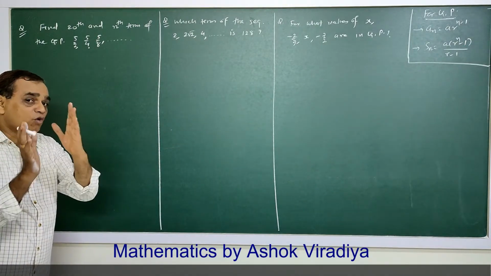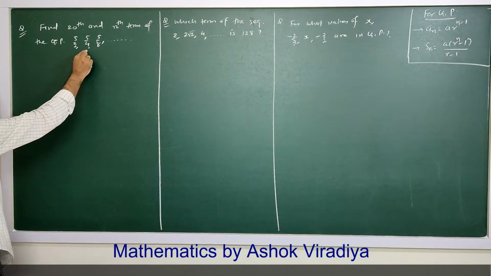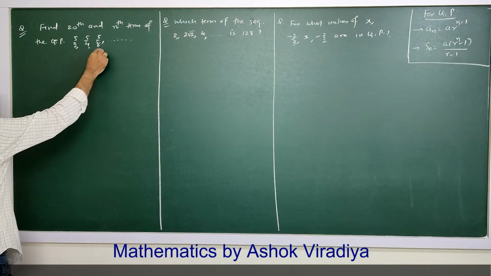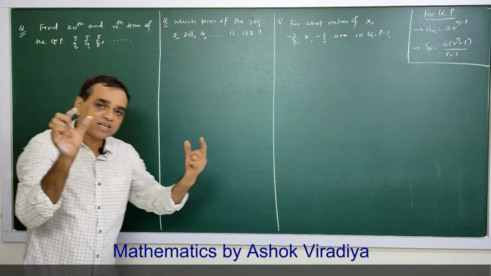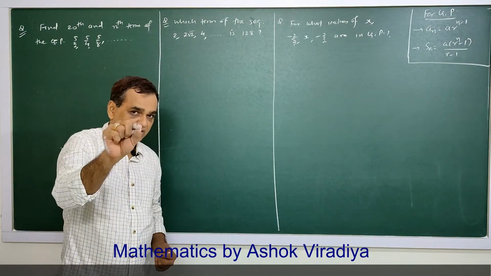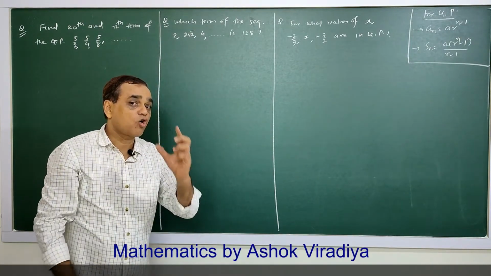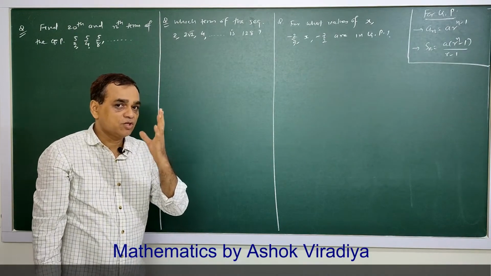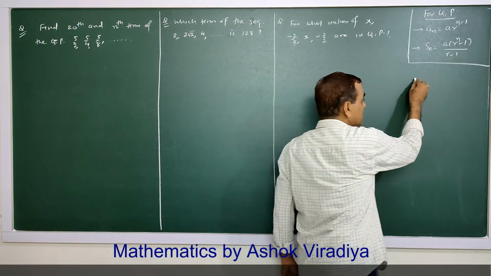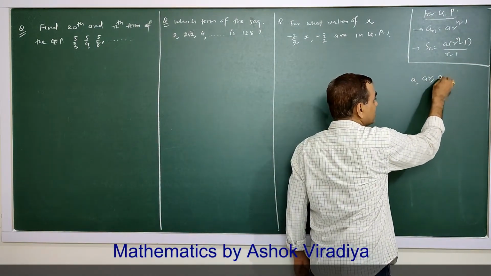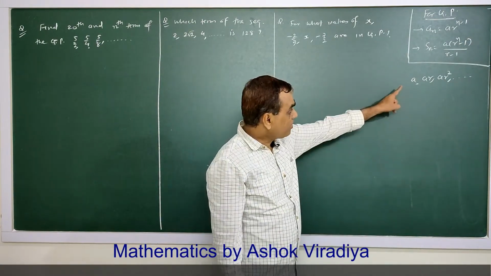So from the given 3 terms we can check whether it is GP or AP. For AP, what do we check? Common difference. If second term minus first term equals third term minus second term, differences are equal, then it is AP. But for GP, we must have a common ratio. So here we discussed GP. This is a GP: A, then each number is multiplied by R. So here the common ratio is R.